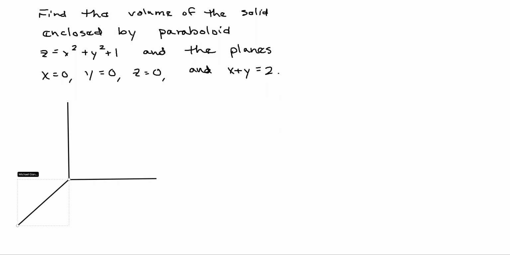So what do we have? We have the paraboloid z equals x squared plus y squared plus 1. If you think of the base paraboloid z equals x squared plus y squared, this is effectively that bowl shape, but shifted up 1. So if you just go to 1 and then draw the upward shaped paraboloid,